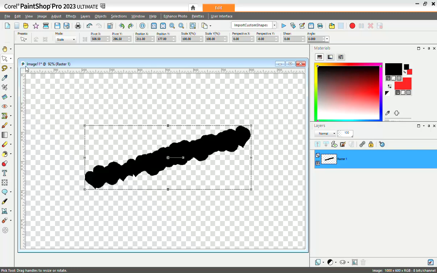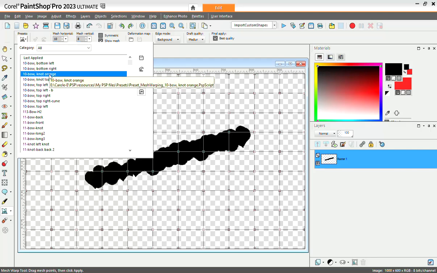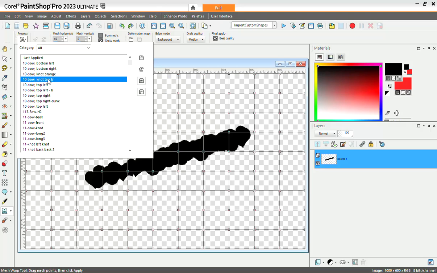Okay, Susan adds, does it delete from all the places you have told PSP to put presets? That's a good question. But the thing is that if you have a preset, let's say I go here, you see how there's the path here underneath. The thing is that typically you should not have